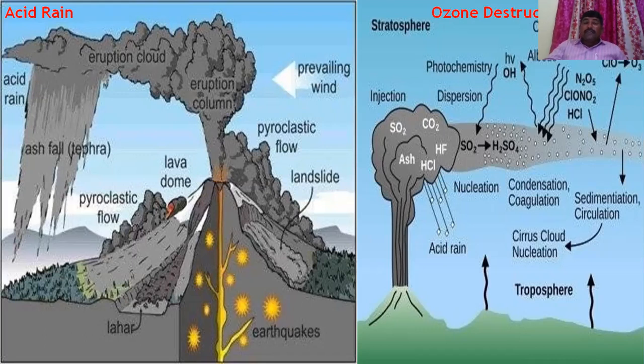You can see the impact of the volcanism in the form of acid rain in the figure that appears on the screen on the left side. Globally, large explosive eruptions that inject a tremendous volume of sulfur aerosols into the stratosphere can lead to lower surface temperatures and promote depletion of the Earth's ozone layer, as shown in the figure that appears on the screen on the right side.